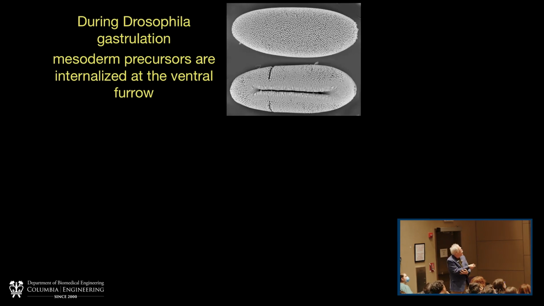And this is at what we would call the cellular blastoderm stage. The embryo has about 6,000 cells at this stage, about 80 cells along the anterior-posterior axis. All the cells look pretty much the same. And 15 minutes later, we can see obvious morphological transformations, foldings that are happening, where cells on the surface of this blastoderm are being internalized into the embryo.